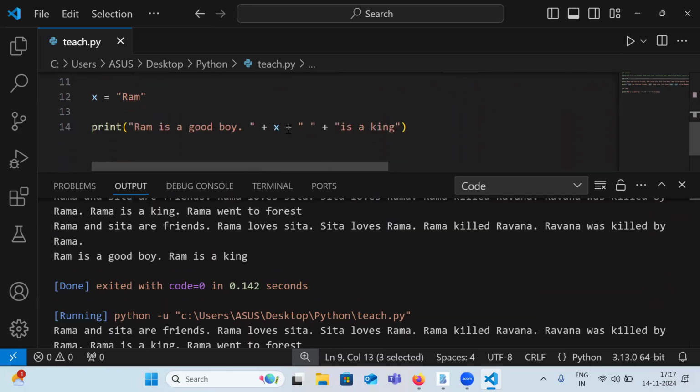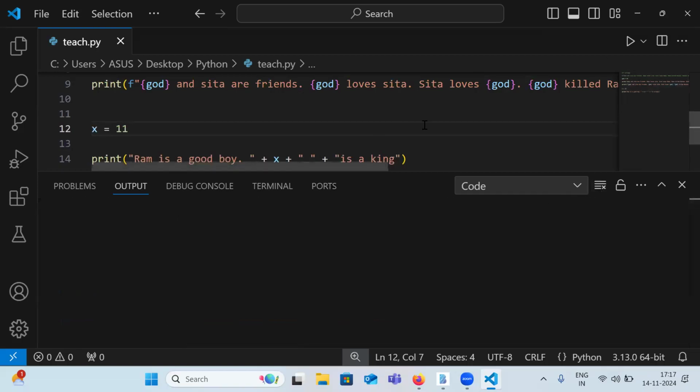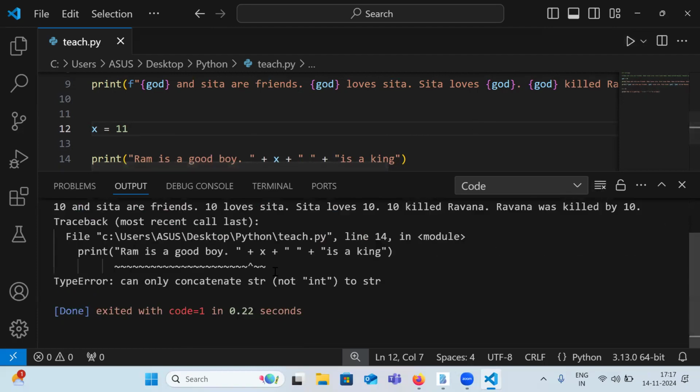But this is not the case with the plus operators. If you want to use this particular thing, you can't really use it. Like you can use it, but this particular thing still remains an integer. It is not actually converted. For example, if you want to try, let's try. I'm just using 10.8, or you can just use 11. I'm just saving this, and before that I'm just clearing the output, and if I just hit run, see here,